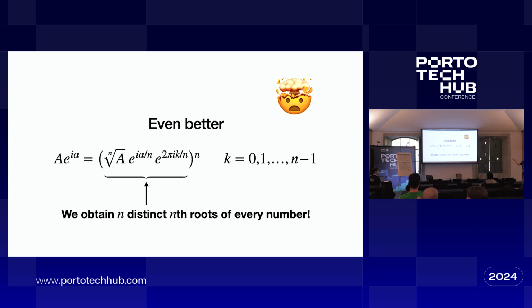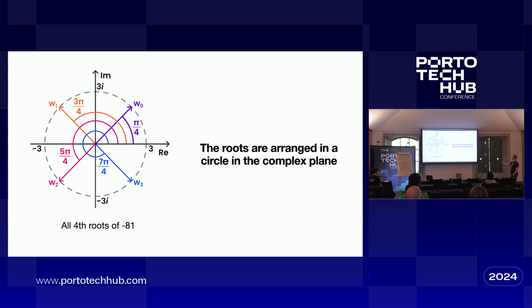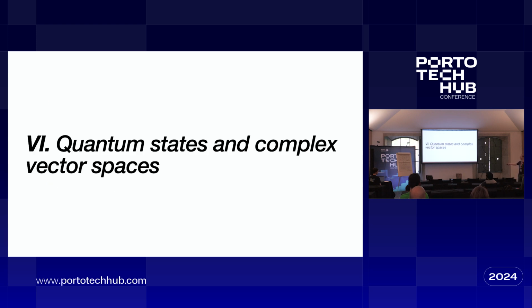So the point of this is that now we have a set of numbers which are completely algebraically closed under nth roots. We can solve all polynomial equations. The roots of a complex number are arranged in a circle. Okay, they have a very regular structure. And that's all we're going to say about complex numbers. The point of that was really to say that we have this way of expressing complex numbers in the form magnitude times e to the I phase, an angle. That e to the I theta, we usually call that a phase.